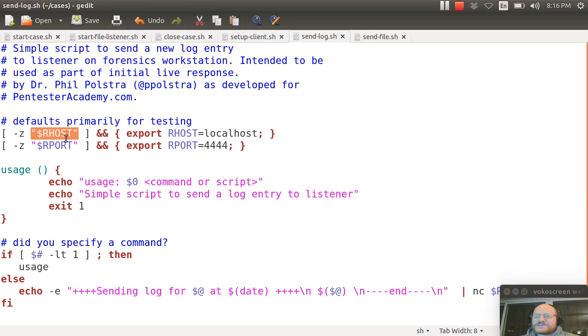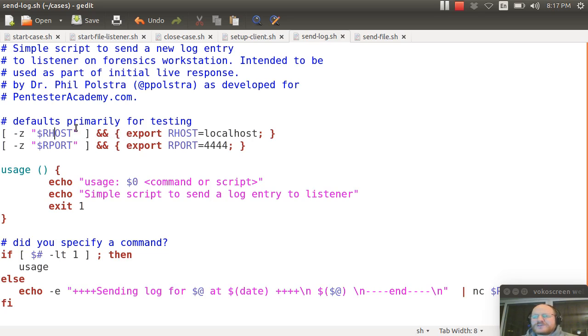And how does that work? Well, if this conditional test is true, yes, it was blank, then the next half of this AND statement will be run. If this returns false, then the next half will not be run because there's no point. There's no way that this conditional statement could return true overall if this half is false and this half is true. So it's a little trick that you can do with shell scripting,